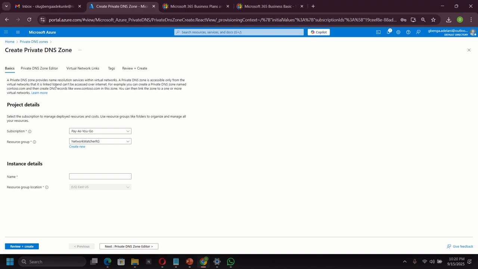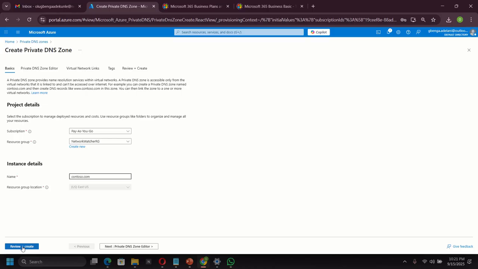So what I want to achieve here is very simple. I'm going to create this private DNS zone, and later I will link it to the VNet1 that I created in the last task. Then I will now deploy virtual machines into that VNet. It simply means that those virtual machines will now have a DNS record that I can also use to ping those virtual machines, apart from the fact that I can also use the IP address to ping the virtual machine. So for the private DNS zone, I will just name it contoso.com,